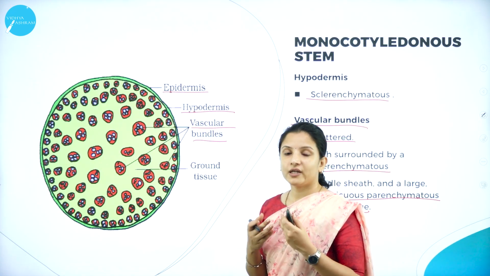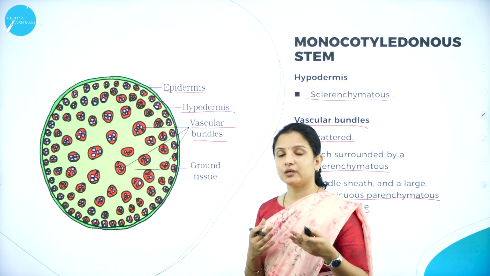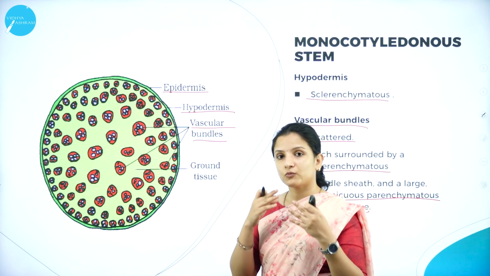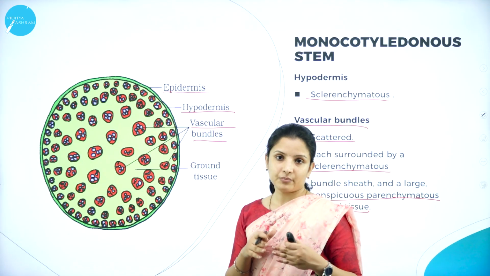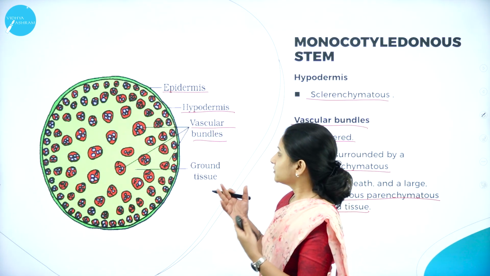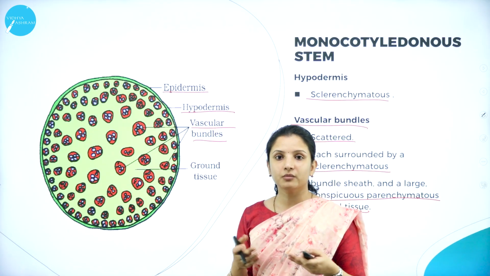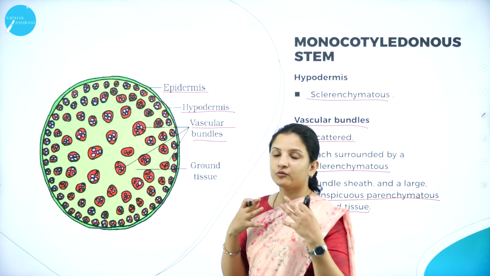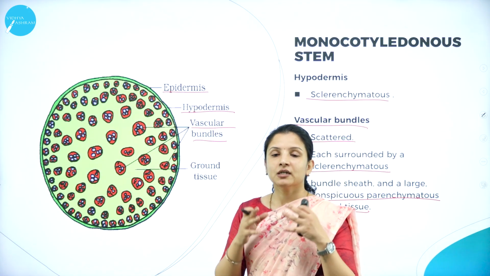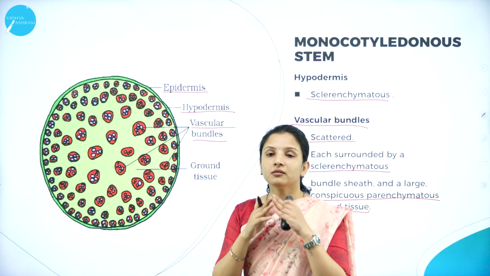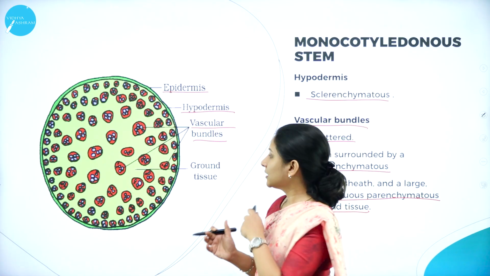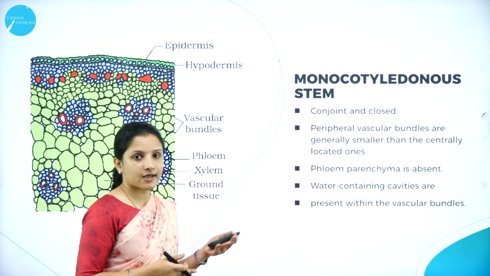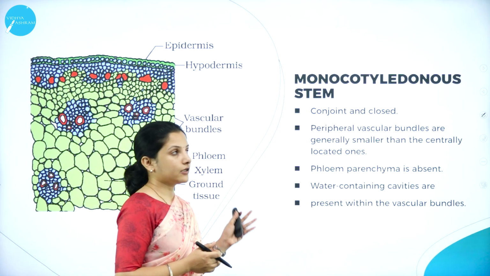And in root also we had studied about the ground tissue, right, which was made up of collenchyma, sclerenchyma and parenchyma. But after the ground tissue there was one endodermis, and then the vascular bundles were present. But in this case there is no such region called the endodermis, neither the pericycle and all that. Just after the hypodermis, in between the parenchymatous cells, the vascular bundles are scattered here and there. So this is one important characteristic feature that differentiates the monocot stem from that of the dicot stem.